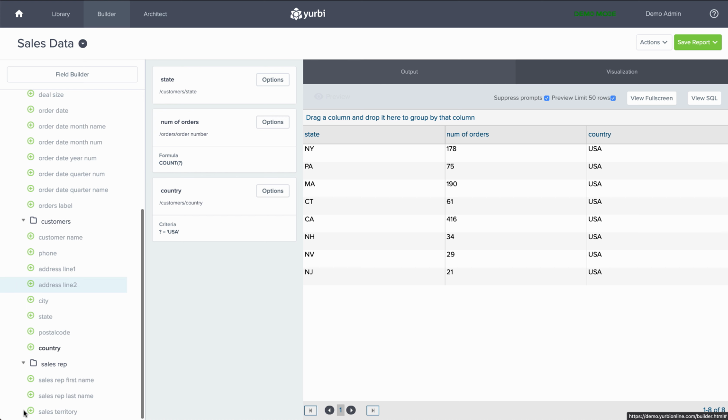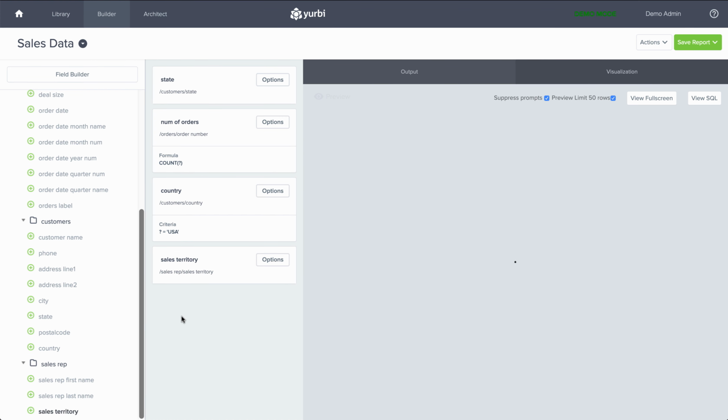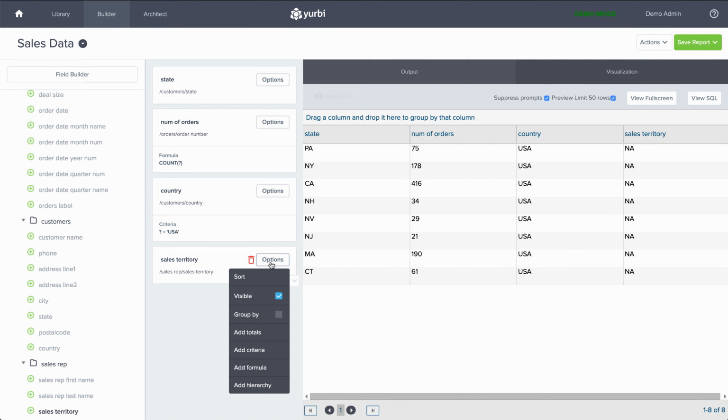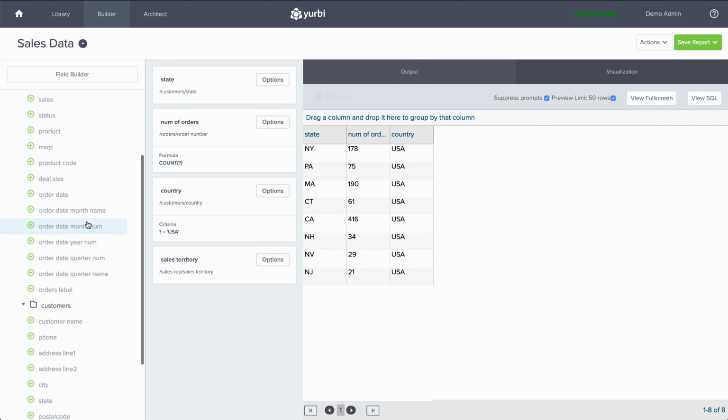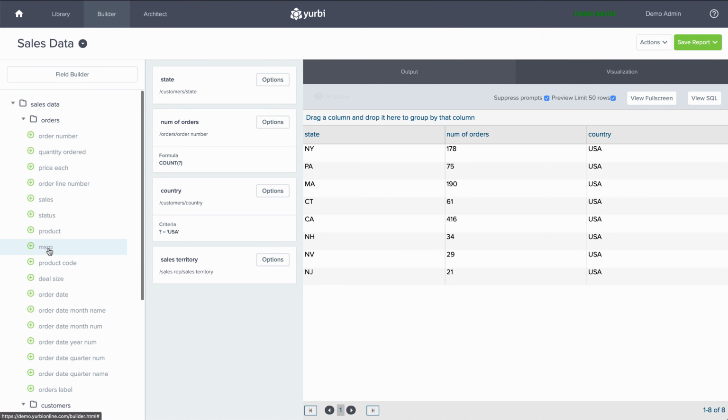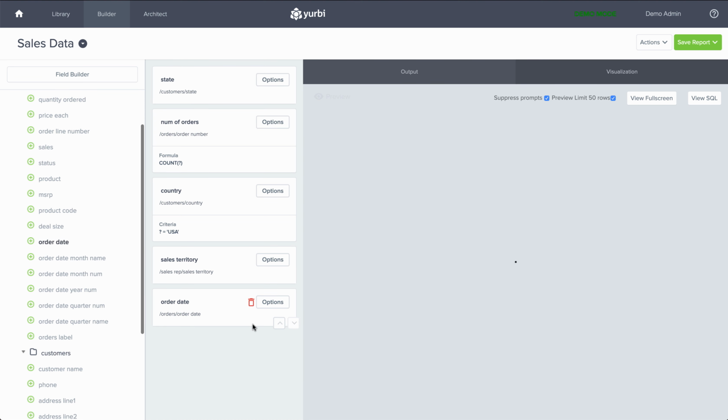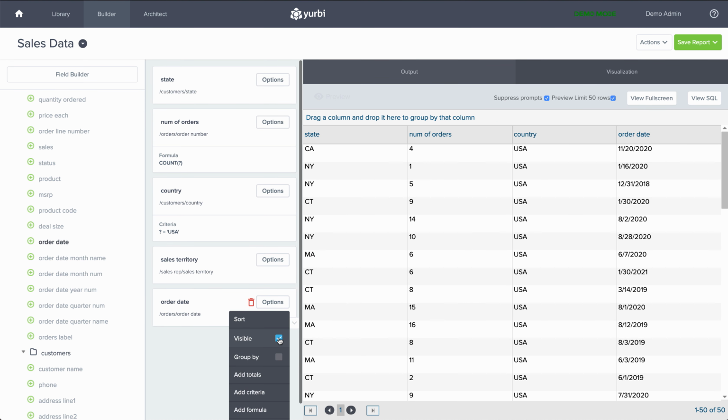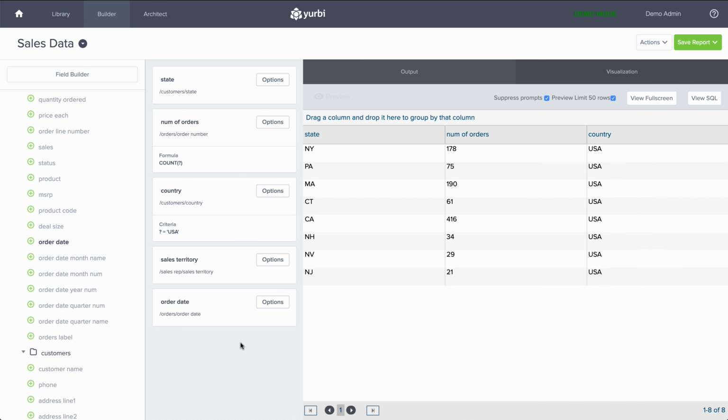So for example, I may want to bring in things like the sales territory, but I want to make this hidden. So anything that I want to bring in as potential prompt variables, date is probably something I want to look at this data by date. I'm going to bring it in. I'm going to make it non-visible. I don't want to affect my data set, but I can bring in as many of those non-visible fields that I may want to use as filters and prompts at a later point.